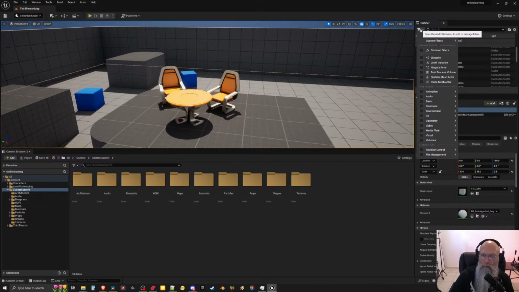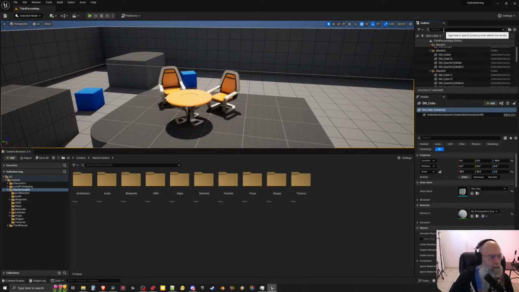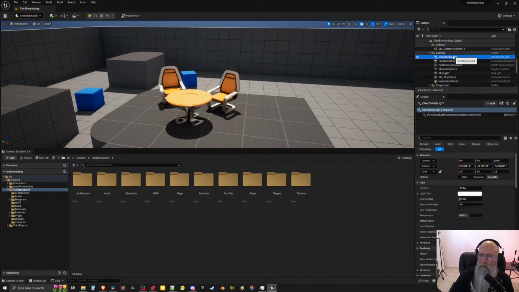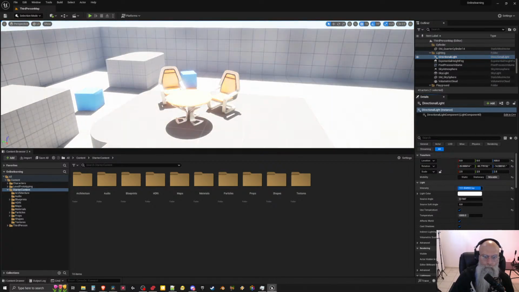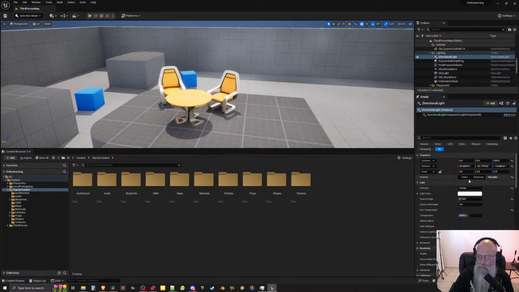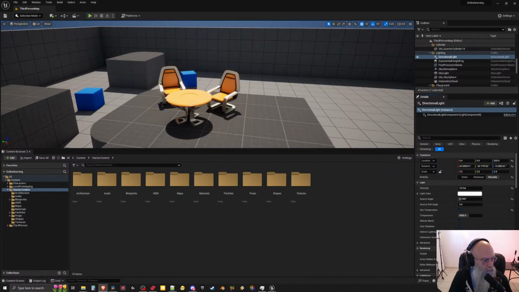Once we have an item selected, the details panel below this gives us the details or the properties for the item we have selected. In this case, I can choose my directional light, and we can see we have things such as the intensity, or how bright our light is, and even the light color. So in this case, I can have a purple light, and now my scene is